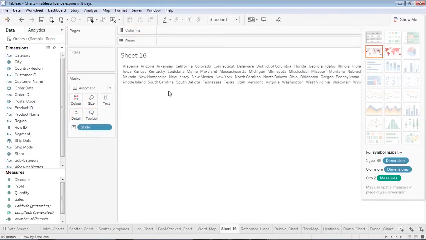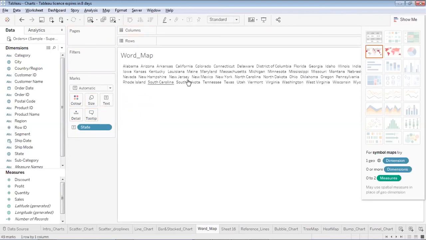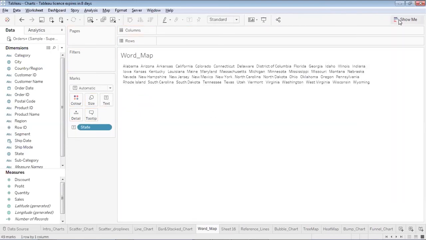Now you've got all of these texts, but in quite simple formats. Just a second, I'll move it on the word map. We'll use this worksheet. We are taking the states and I'm placing that geo field on the text, so it appears as plain simple text. This is plain vanilla text. These are the names of all the states I have. Then I would like to view these state names based on the profit. So this profit field I'll place on the size.